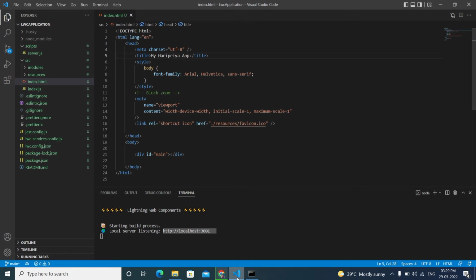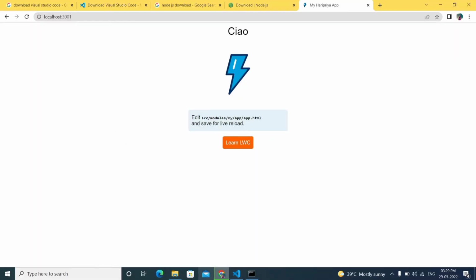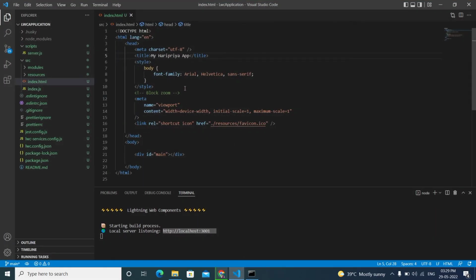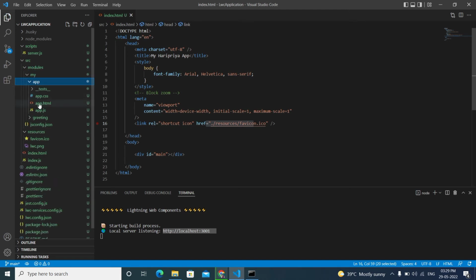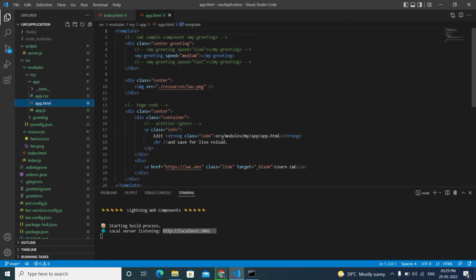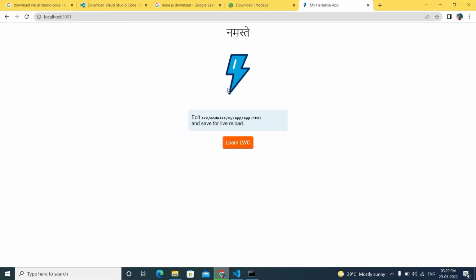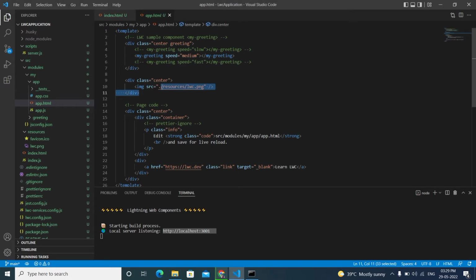So here the icon and everything is coming from this index.html. The favicon icon is coming from the resource folder, where there will be a favicon icon and a normal icon also. I have shown two components, which are the app component and the greeting component. In the app component we have app.html. You can see the logo is used from here, coming from app.html. The LWC PNG was used here, as well as